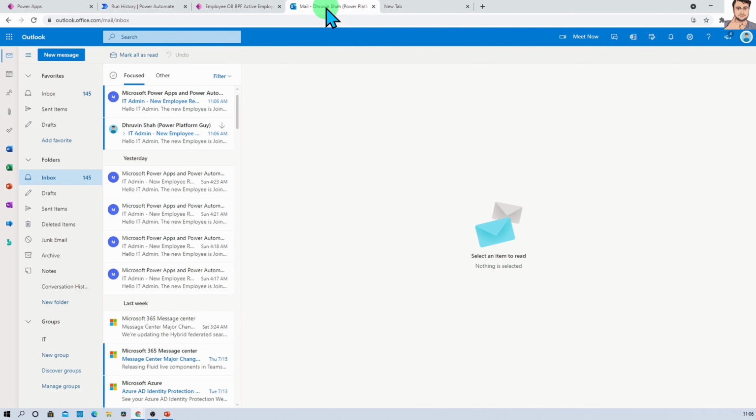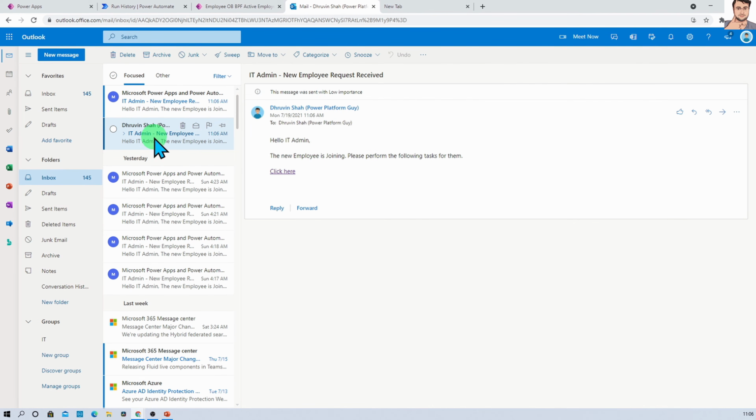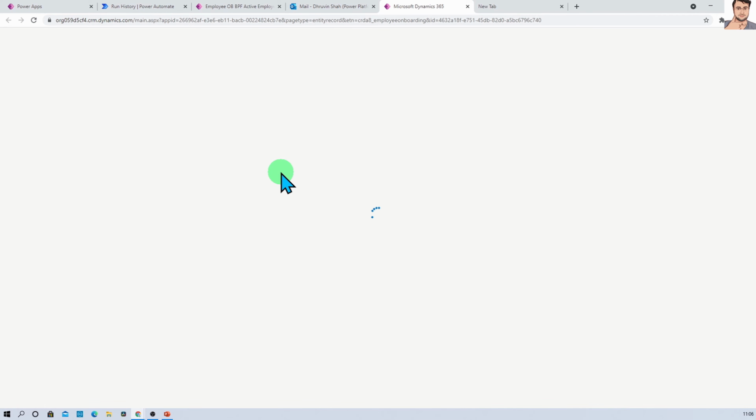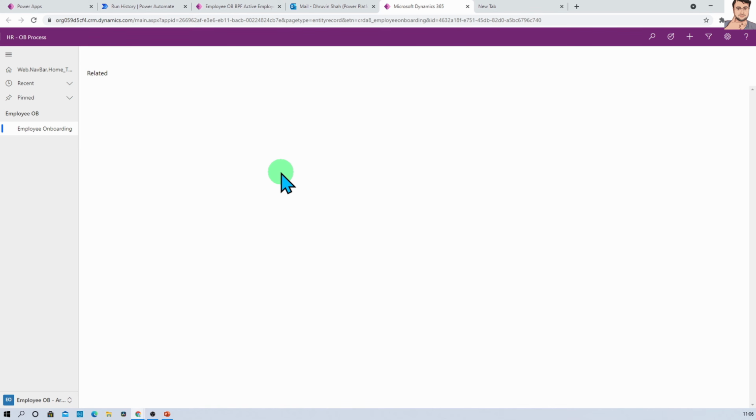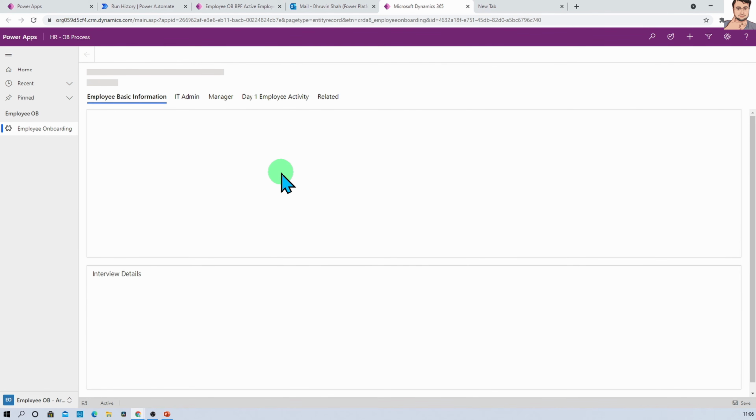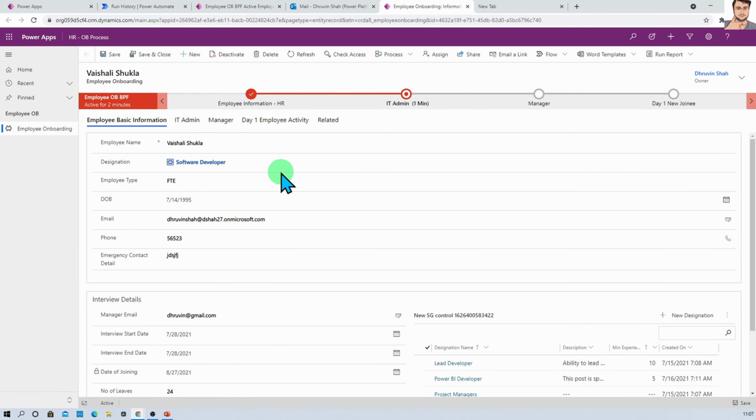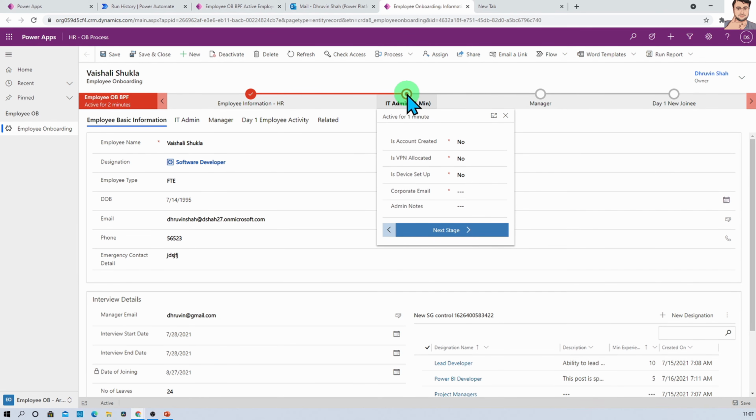So let's check the email, and over here as well you can see this is the email which I have received. So I'm just clicking on here and it has redirected me to the same form again. So IT admin went here and now he will fill his information. So let's see.